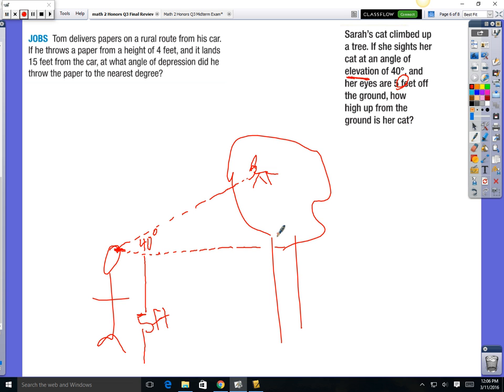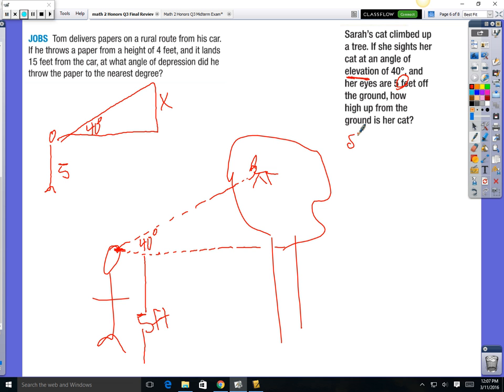Okay, so there's a problem. We don't have enough information. So your triangle looks like this. We've got an angle of 40 degrees. And I know her eyeballs right here to the ground, that's 5. So we just need to find this piece. We need to figure out how tall that is and add it to 5, but we don't have enough information,